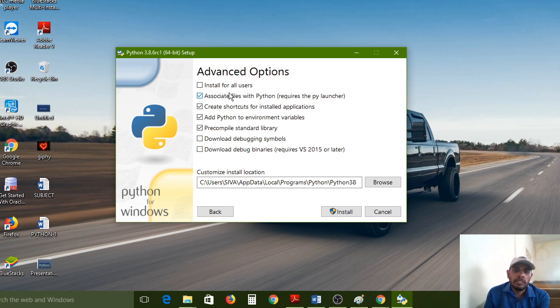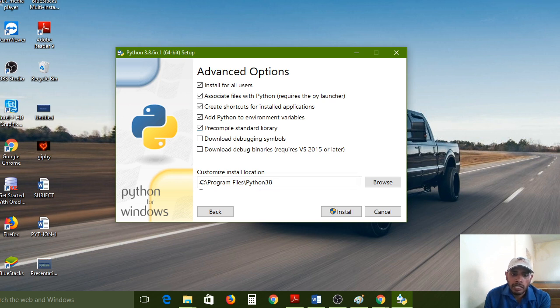This means if you create users on your laptop, then all users can use this software. If you uncheck this, that permission is removed for the users, and only the admin person can use it. So now I put the check mark here because I want full functionality. Precompile standard library also I put the check mark.